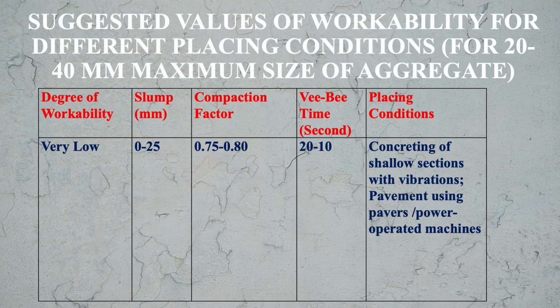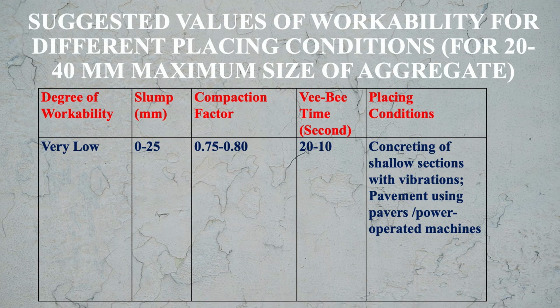Such concrete is used for concreting of shallow sections with vibrations, or pavements using pavers or power operated machines. If you are constructing pavements using pavers or power operated machines, in such conditions